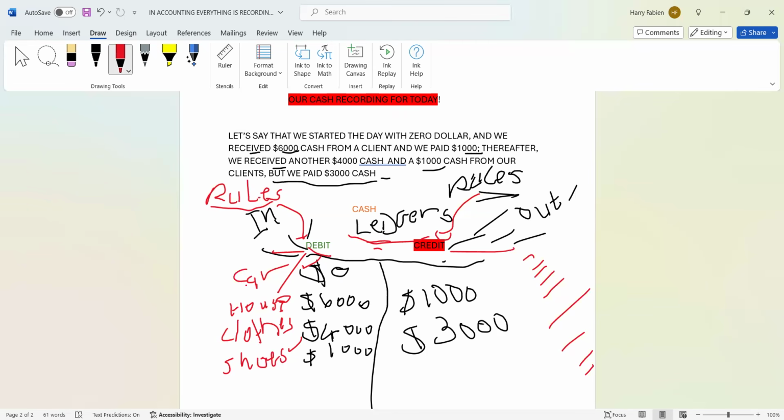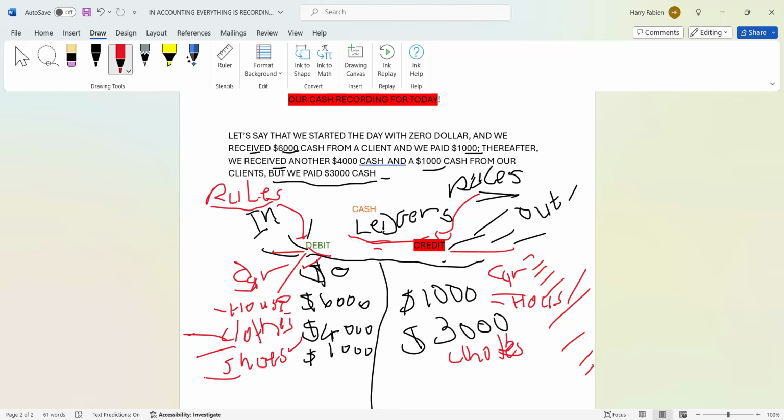Now, when you sell this car, or you give the car that someone gave you to somebody else, you put it on the credit side because you give this car away. The house, if you give it to somebody, you switch it to the credit side because you give that house out. Clothes: when you receive clothes, you put them on the debit side. If you give them back to your friends, you put the clothes on the credit side.